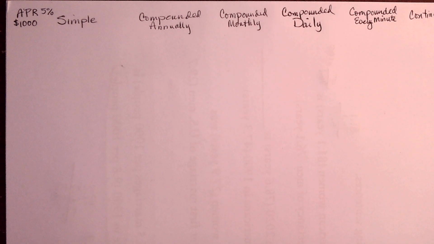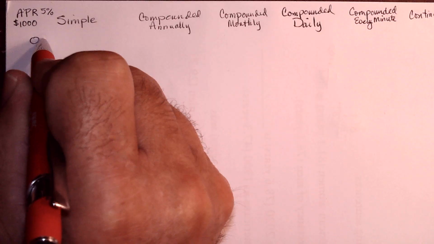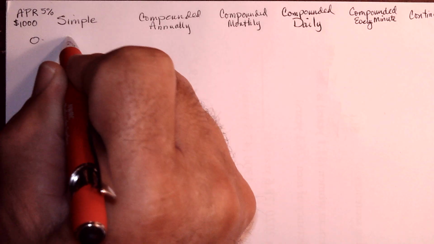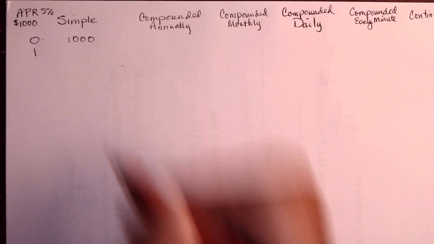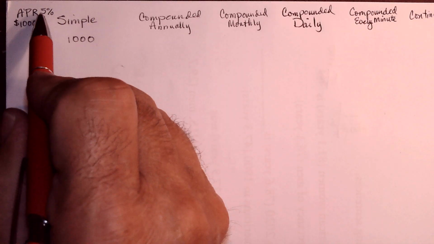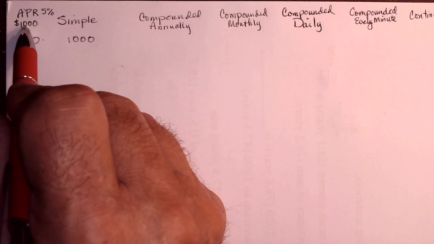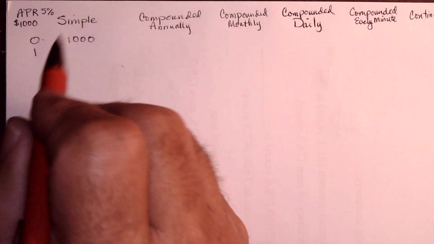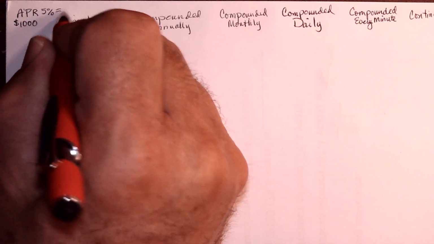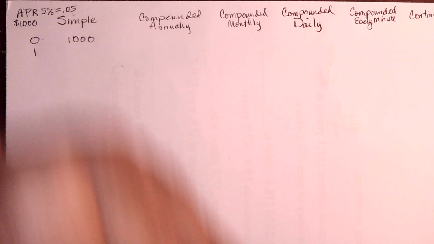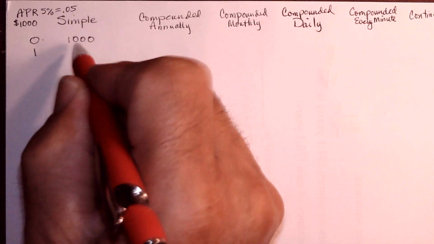So, simple interest. At year zero, time zero, when we put in the 1,000, we'll have $1,000. Now, after 1 year, if we're going to get 5%, then we take 5% of 1,000, which is $50. 0.05 times 1,000 is 50, and we get $50 added to this, so we'd have